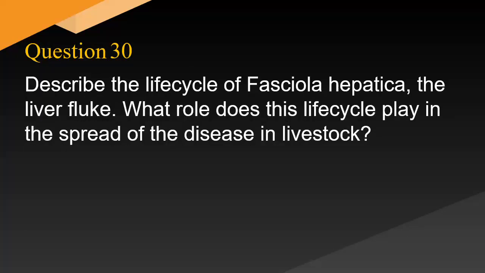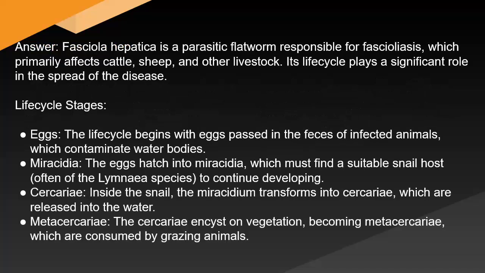Describe the life cycle of Fasciola hepatica, the liver fluke. What role does this life cycle play in the spread of the disease in livestock? Answer. Fasciola hepatica is a parasitic flatworm responsible for fascioliasis, which primarily affects cattle, sheep, and other livestock. Its life cycle plays a significant role in the spread of the disease. Life cycle stages. Eggs. The life cycle begins with eggs passed in the feces of infected animals, which contaminate water